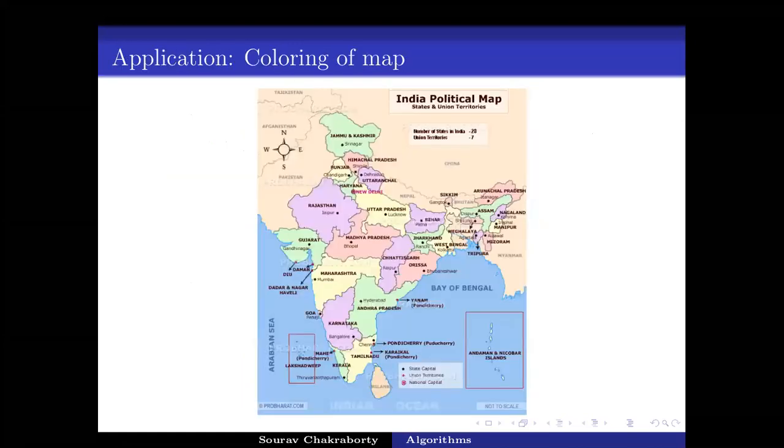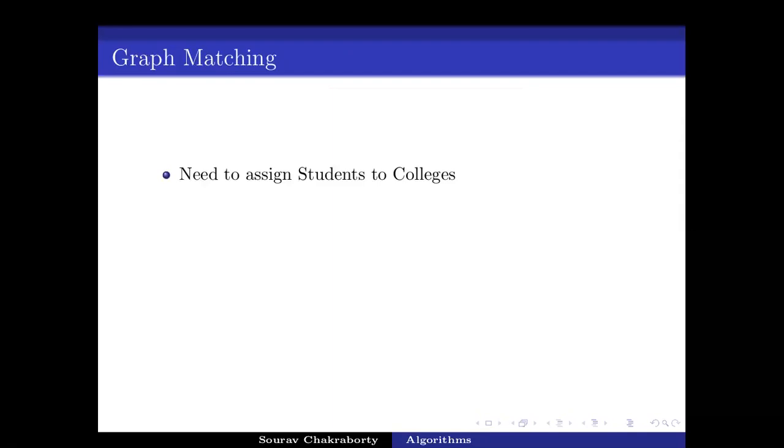So yeah, we'll go for another example. So have you seen matchings, graph matching? Hello, am I audible? Yes. So have you seen matching? No, sir. Oh, okay. Oh, sorry, I didn't know. Otherwise I would have picked a different set of examples. But yeah, I'll just give a small introduction to this graph matching.